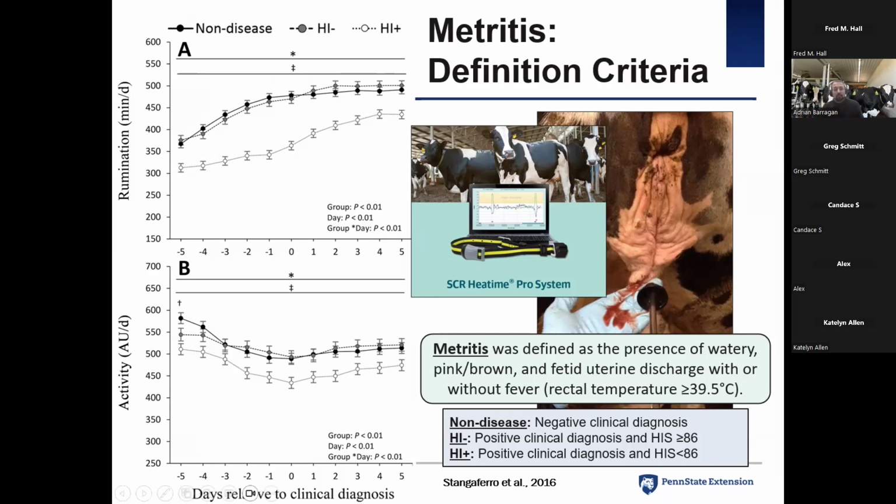So definitely it could also be used as a diagnostic method when there are changes in rumination and changes in activity. This is only one example, but there are a number of these devices out there that have the capability to assess rumination and activity, some of them even temperature. Those can be used in conjunction, together, with actual physical examination. And if we do the physical examination and find this abnormal vaginal discharge, that's the animal that we need to do something about, okay?